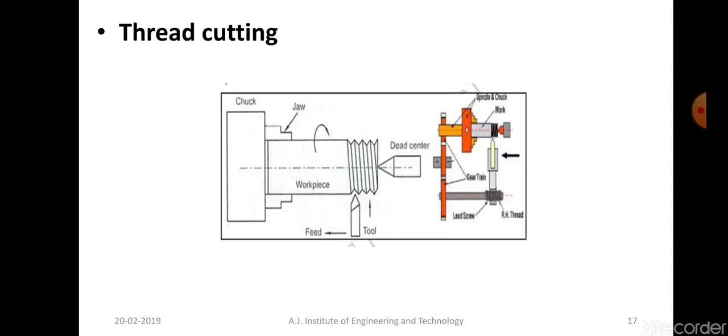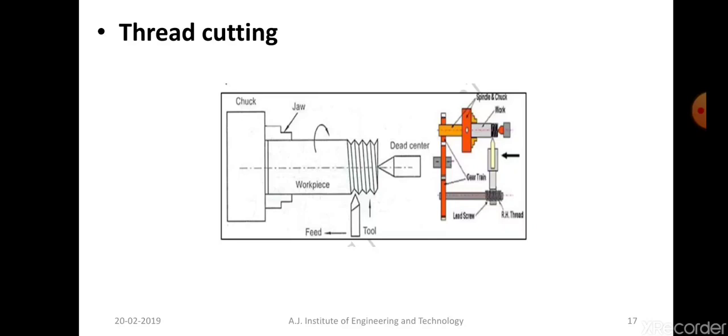For the time being, you need to know that using the gears in the headstock, the speeds have to be controlled and the feed has to be made automatic. And how to make the feed automatic? I have actually not gone into depth with that particular part. In the lathe machine, there are two things. One is called the feed rod and the other one is called the lead screw. Whenever you are going for the manual rotation of the wheel, it will be in the lead screw.